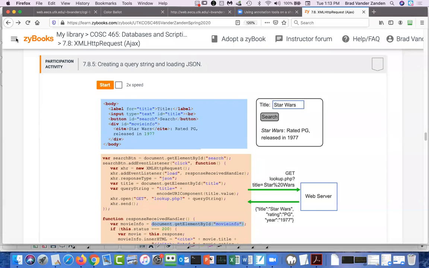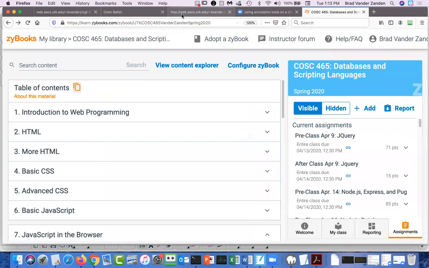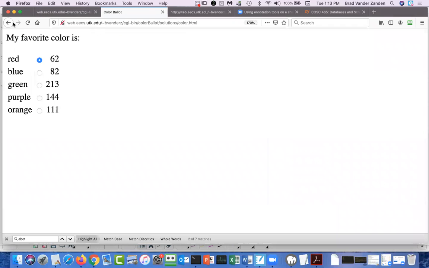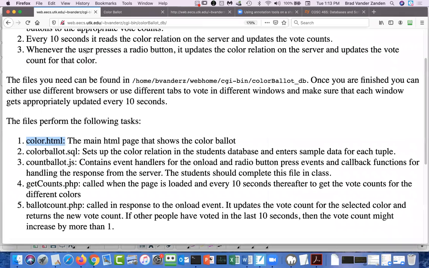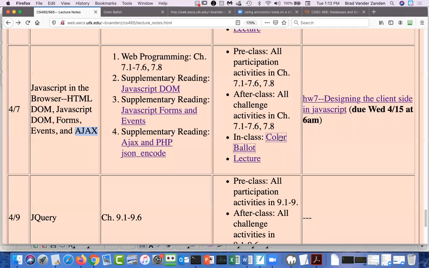Again, what you should do is go to color ballot. So you should go to this page, which you can get to from in-class color ballot, and you should be able to read the instructions and do what you need to do, and I'll be here to answer questions. I'm not going to grade this. I do have a link under the attendance for today where you can submit these files, and you can submit them till midnight. So I'm here to help you.